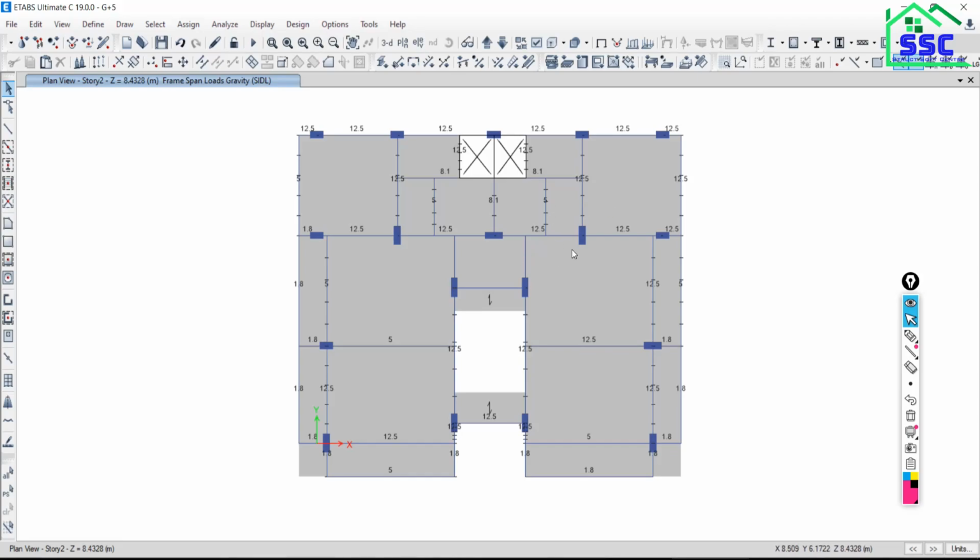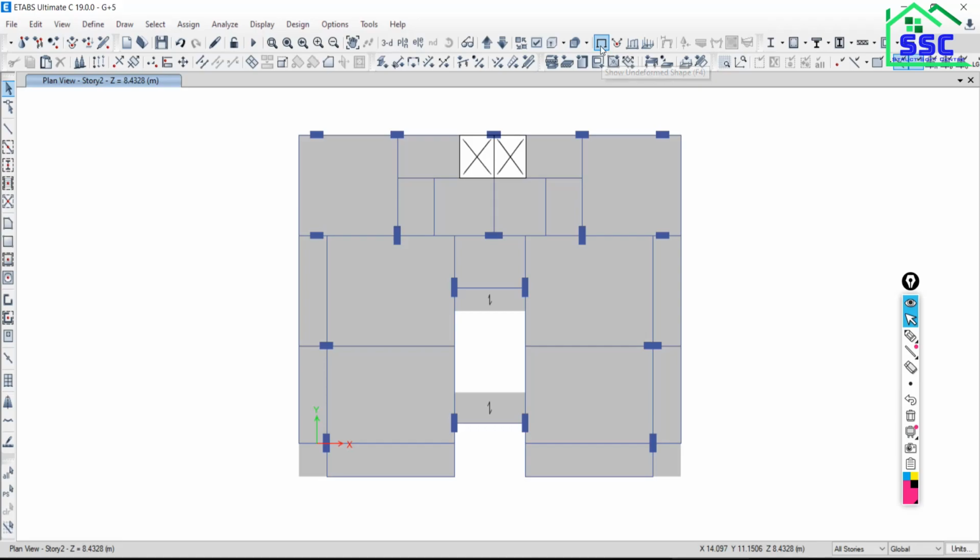Now again I need to assign the load to all these previous beams as a live load of 5 kilonewton per meter. What is my condition? Just now we have assigned some load. Now again I need to assign some other load to that same beam. So what I need to do? Select the beam and then assign load. Again we need to select those beams. Is it correct? Yes, sir.